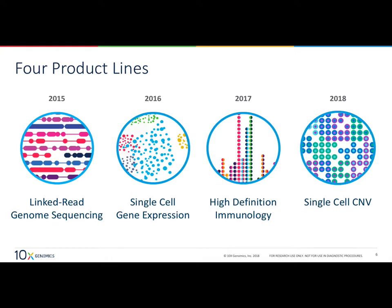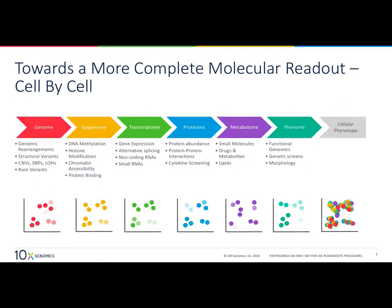We have 4 product lines. We started in 2015 with something called linked read sequencing, looking at long reads for haplotype phasing. We expanded from there to single-cell gene expression, which is probably why you're all here today. We moved from a 3' gene expression product to a 5' immune profiling product to couple the single-cell gene expression with T-cell and B-cell repertoire. And then for the first product of this year, we released a copy number variation profiling assay at a single-cell level. So again, what we're trying to do at 10x is get a more complete picture at the molecular level,